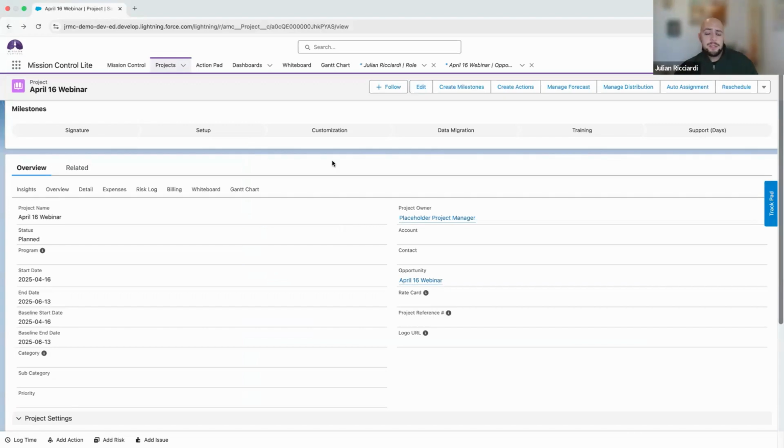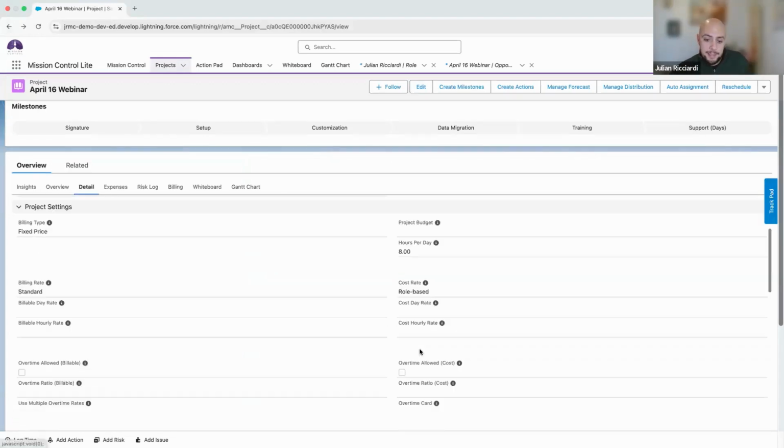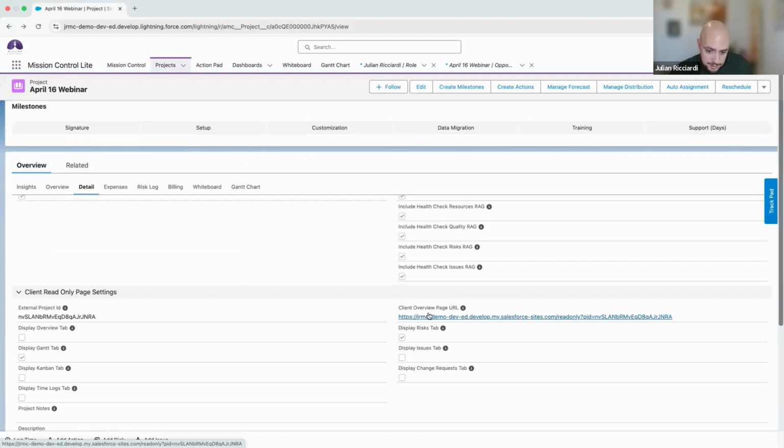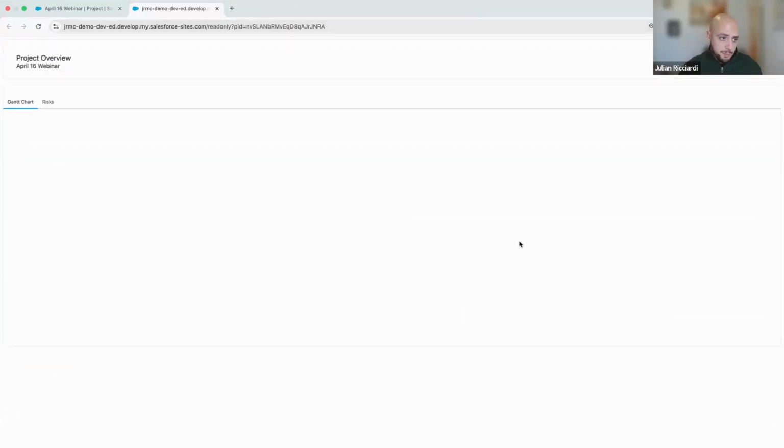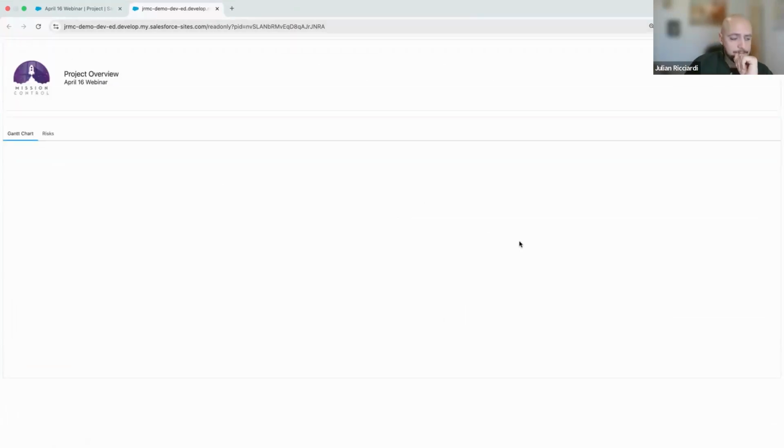Just as I was mentioning earlier, in terms of collaboration methods, we also have those view-only links. So let's say I go into this link over here. What you'll see at the project level is a risk tab and a Gantt chart, because that's important for me to share. By generating this link, which is just a unique URL that it's up to you to distribute as you require, you could have full visibility into your project and your timelines, as you need it to be,